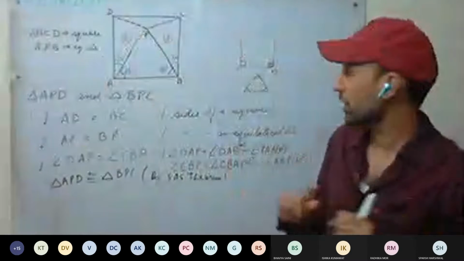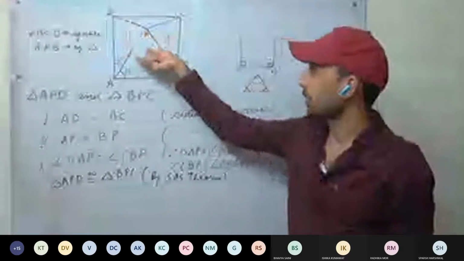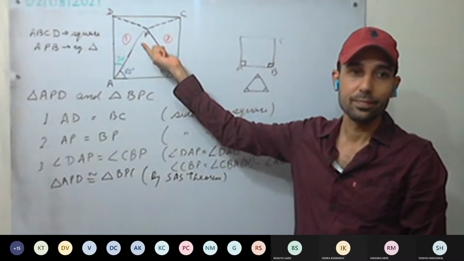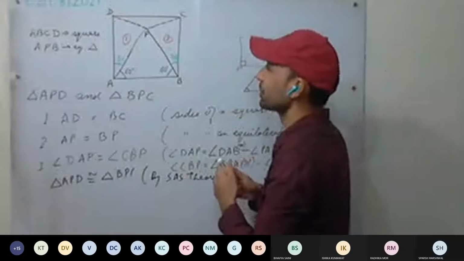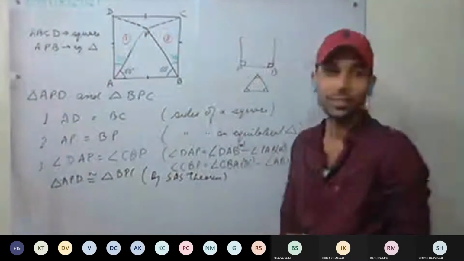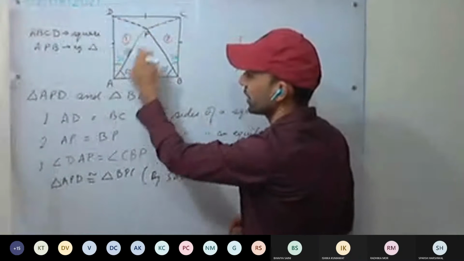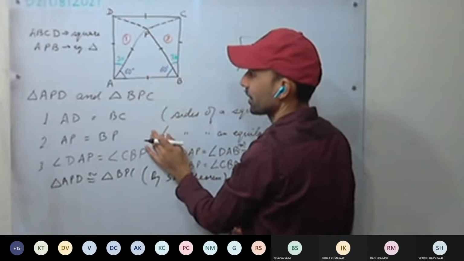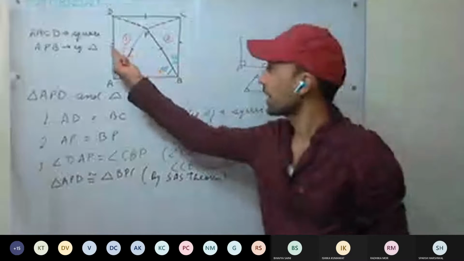Okay, let me ask one thing. Is AD equal to AP? Think and answer. Yes, sir. The reason is here: these are sides of the square, they are equal. As well, AB is common to the square as well as the equilateral triangle. It's an equilateral triangle, all three sides are equal, and AB is common to the square as well as the triangle. Therefore, these are as well equal.